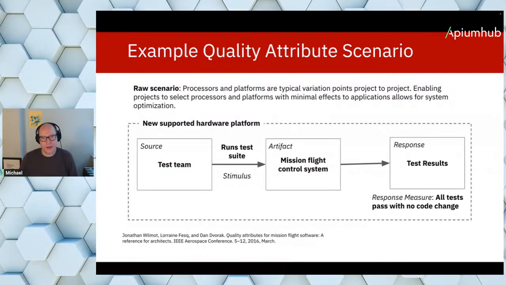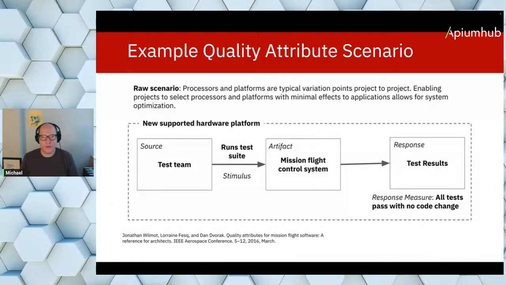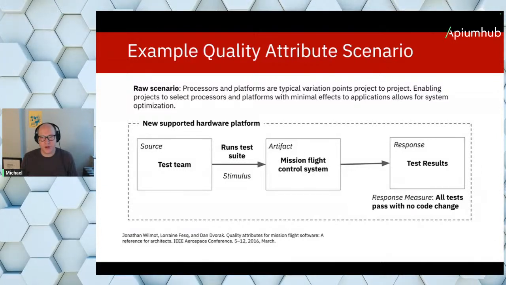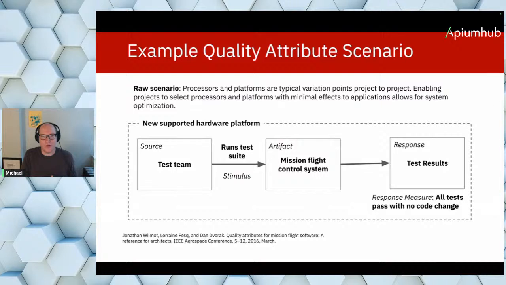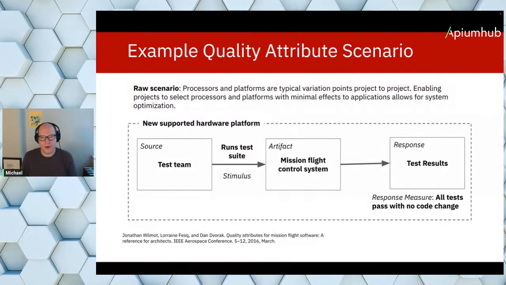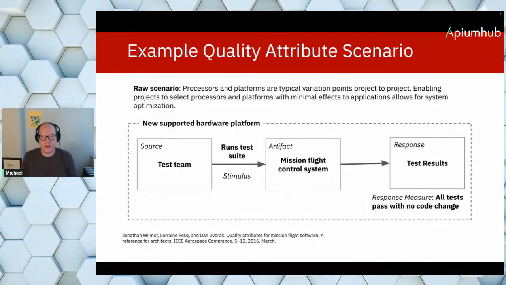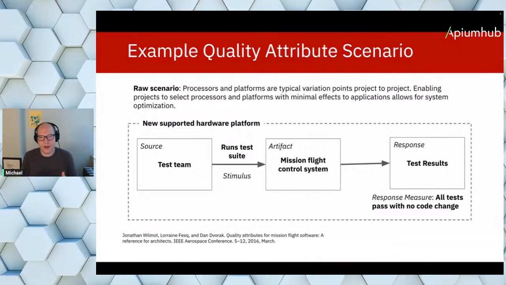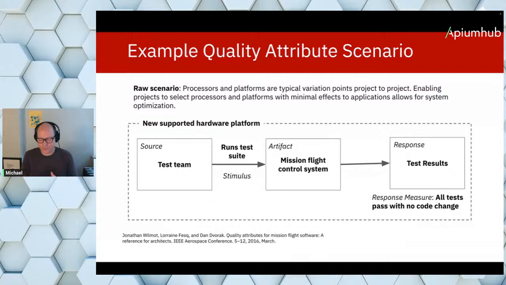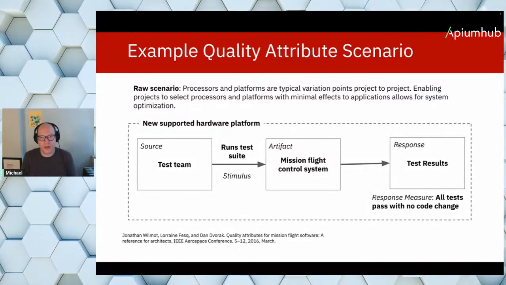The raw scenario that you see up top is kind of the informal description of what we expect, right? So processors and platforms are a variation from project to project. We need to enable projects to select the different processors and platforms with minimal effects to the overall system, right? So we still have to allow for some kind of system optimization to happen, but we want that to not be the main focus of the work that has to be done,